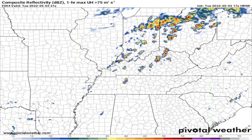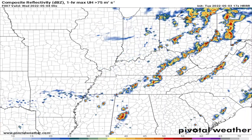And then these will start to become more numerous as we head toward very late this afternoon, early evening here as they push off to the east. And any one of these cells could be capable of producing an isolated tornado, perhaps even some damaging gusts up to 60 to 65 miles per hour, and even some small to medium-sized hail, maybe some isolated large